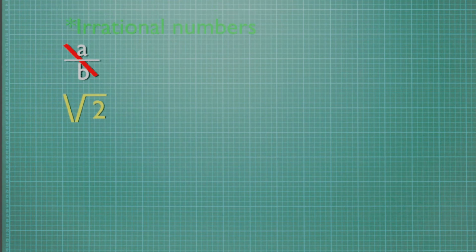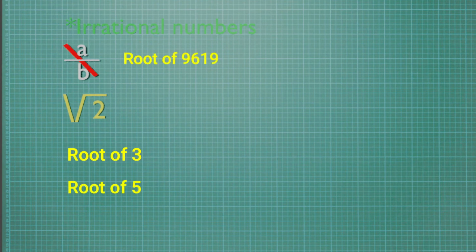Irrational numbers. But wait, if fractions are rational numbers, integers are rational numbers, then which kind of numbers are irrational numbers? The answer is the numbers that can't be expressed in the form of a upon b. All the numbers that have unlimited decimal digits, and which do not follow a particular pattern, are irrational numbers. Square root of any imperfect square is an irrational number. For example, square root of 2, square root of 3, square root of 5, square root of 7,